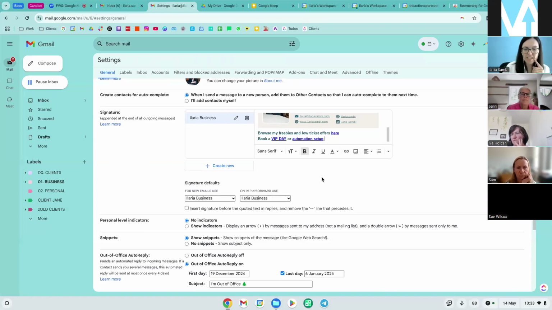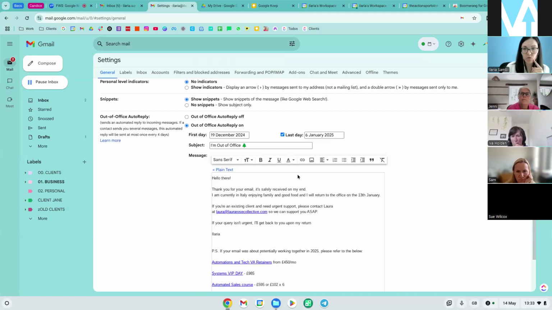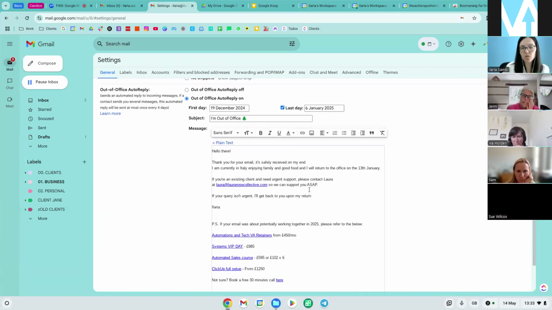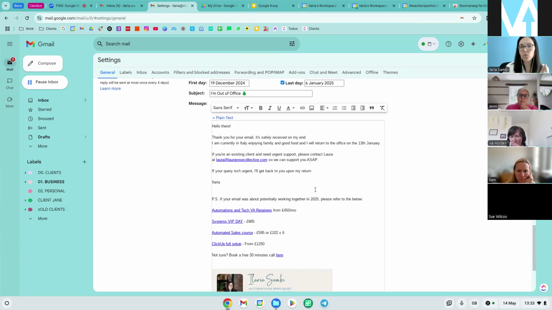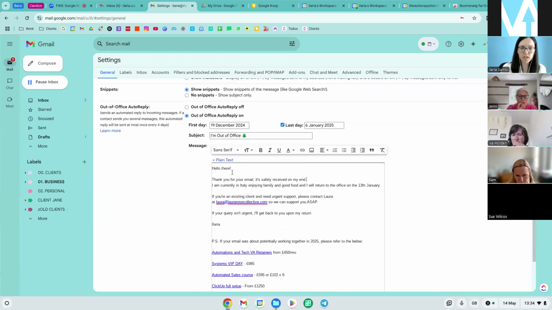Then you can set up an out of office autoresponder. I use it just when I'm off, but I see a lot of people use it all the time. So when anyone sends you an email, you could reply back saying, these are my working hours, I'll respond in 24 hours, otherwise contact my VA, anything. Or if you wanted to inquire for a retainer, these are my links, all the stuff. I've seen people doing it, and it's an option. And you can write the blurb here and then switch it on.